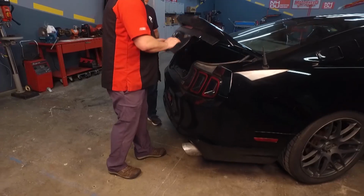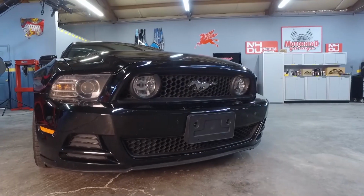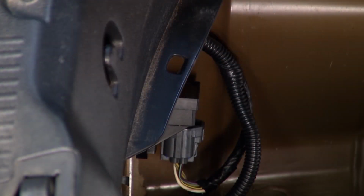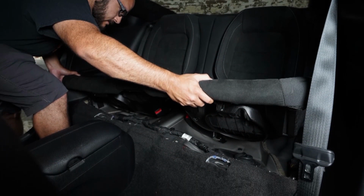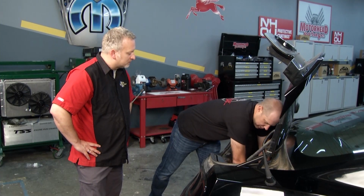All right, Ryan, let's see what it's like to install the plug-and-play harness here. We'll do it in the trunk of the Mustang. On the 11 through 14 Mustang, the plug-and-play harness goes right where the fuel pump driver module is located in the trunk of the vehicle. On the 15 and above, the fuel pump driver module is located under the back seat of your car. So it's extremely easy. You find the fuel pump driver module